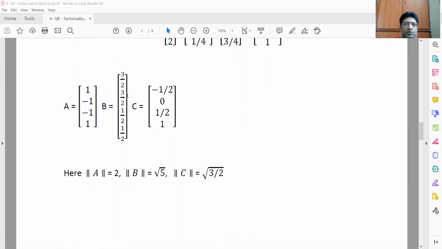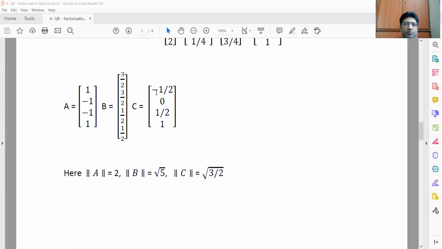Minus 1 into 3 by 2, minus 3 by 2. Already plus 3 by 2, minus 3 by 2 gone, cancel. Minus 1 into 1 by 2, minus 1 by 2, 1 into 1 by 2 gets cancelled. So 0. Similarly, 3 by 2 into minus 1 by 2, minus 3 by 4. This is 0 plus 1 by 4 plus 1 by 2. If you calculate, it becomes minus plus 3 by 4. So cancellation, first and last.